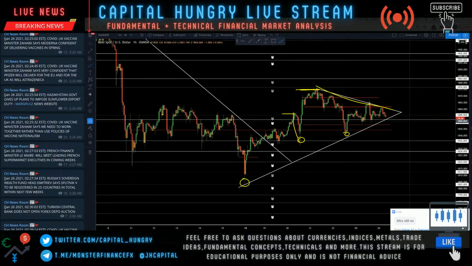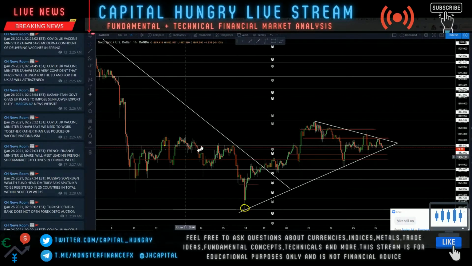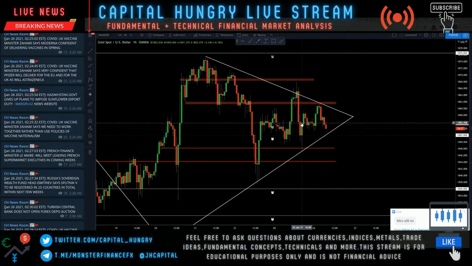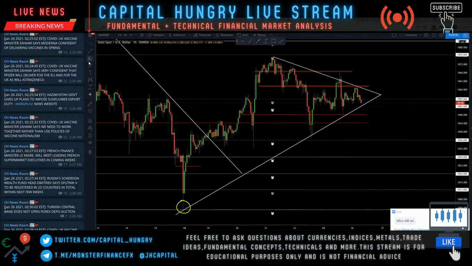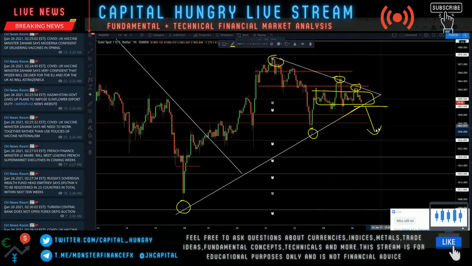The only thing is, when we are zooming in here, this is a very, very messy intraday range we have been in over the last period of about 8 hours, between about 1852 and 1861. What I am liking is how buyers are printing smaller and smaller highs. We are starting to get this liquidity and compression of price. And if we could get the validation of a break below 1852 in this bullish intraday market structure, there's a lot of room for downside on gold to continue down to 1836.